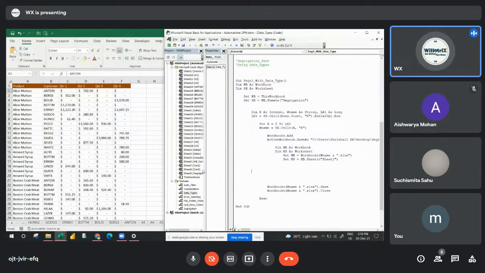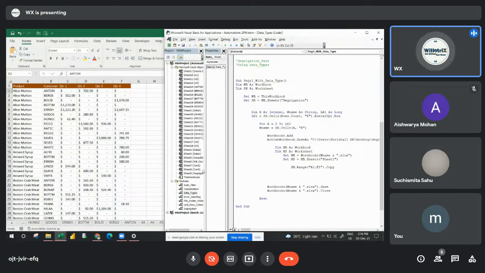Then once I set this workbook, first thing in segregation, what we were doing, once we added a new workbook, we were copy and pasting that header first, right? Where I'm copy and pasting the header from this workbook dot sheets of segregation. So I already defined that as SH.Range A1 to F1, dot Copy.